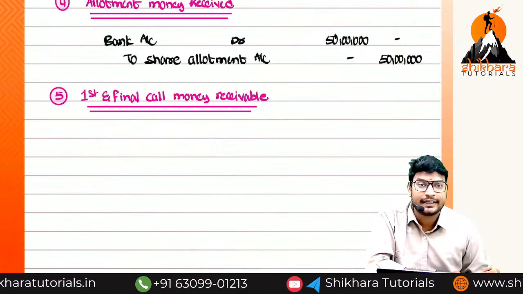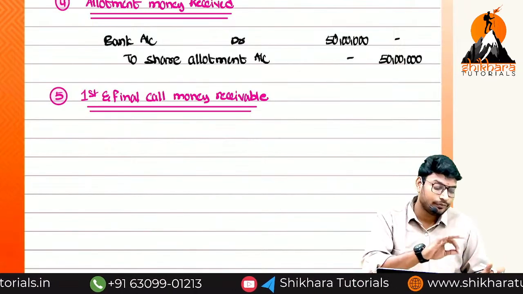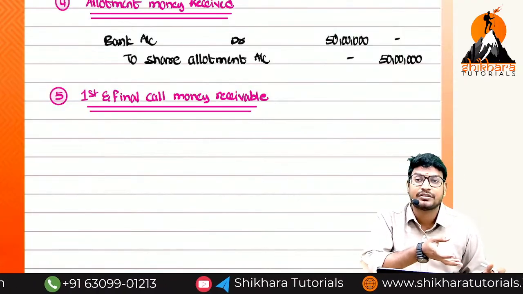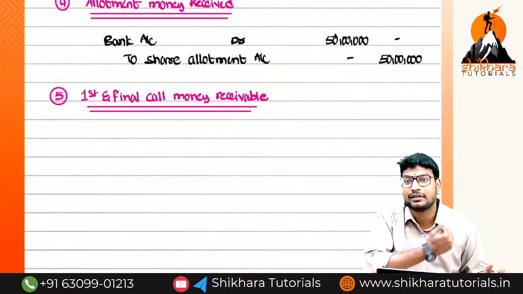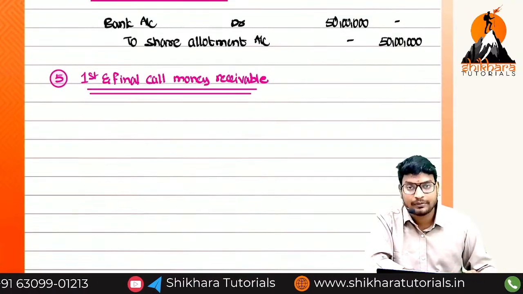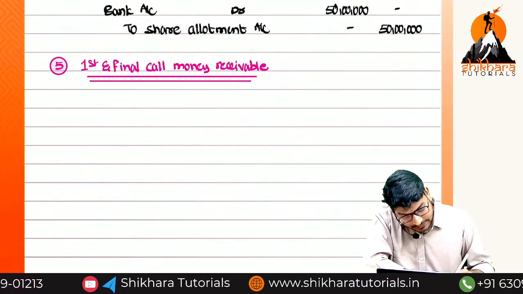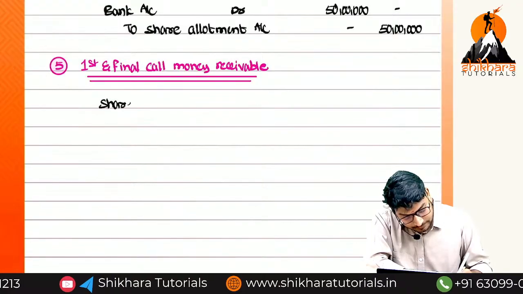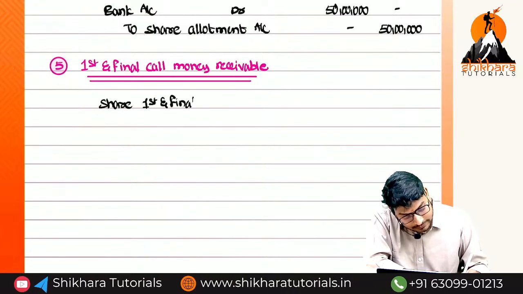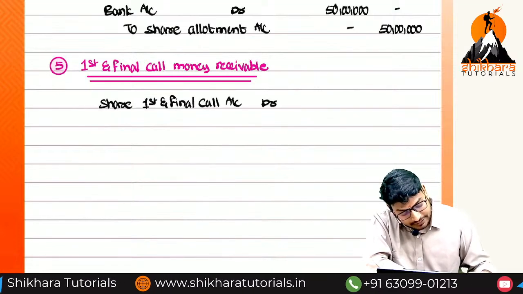Share first and final call account debited to share capital account. We know only at the time of receipt, because he is unable to pay at the time of due. So the normal entry only here also. Share first and final call account debited to